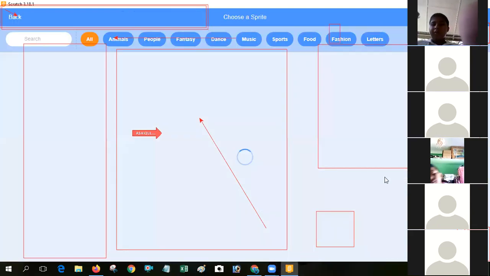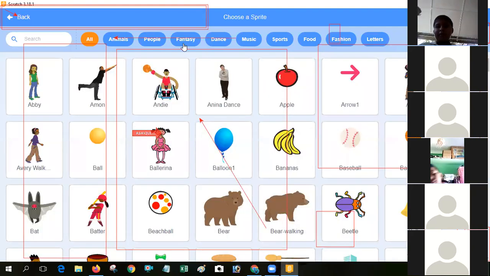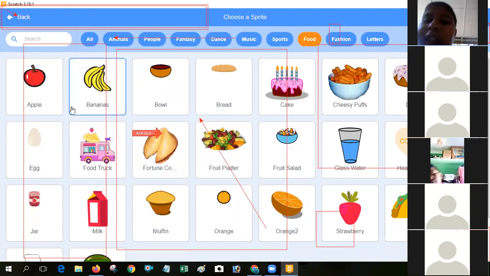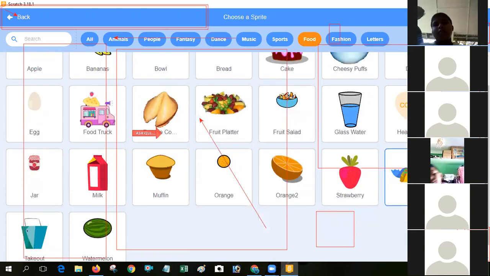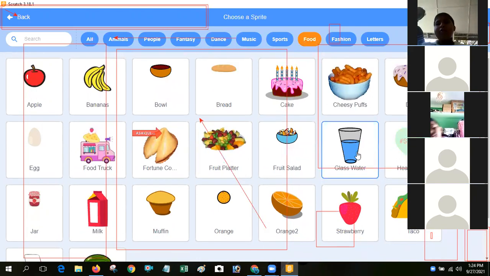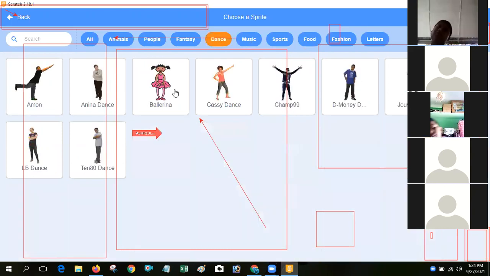Simple, just click it, and insert the sprite which you want in your sketch area. Apple, jar, milk, muffin, orange, strawberry, glass water, donut, fizzy pop, cake. Okay. So apple, banana, people, fantasy, dance, music.